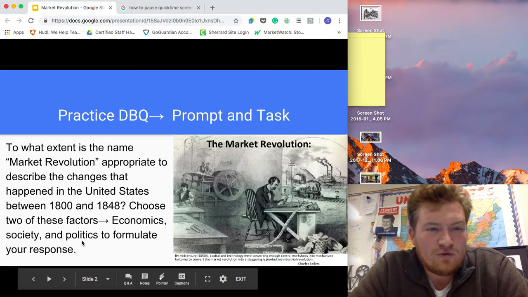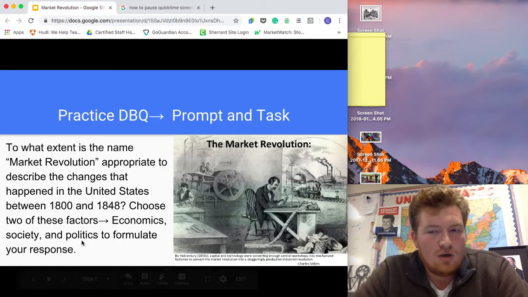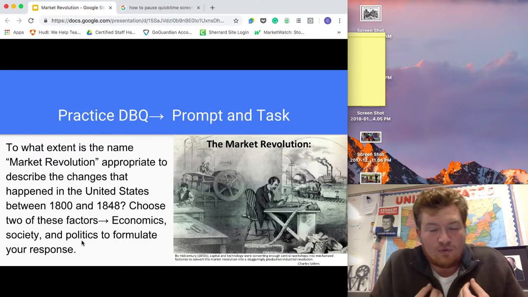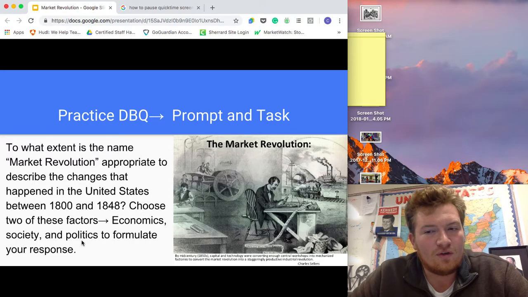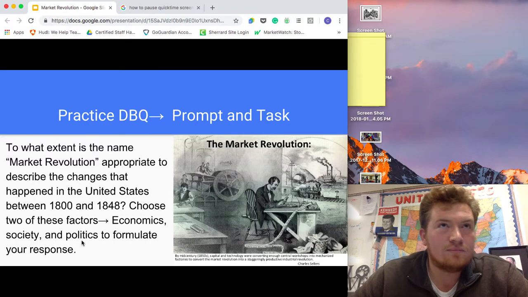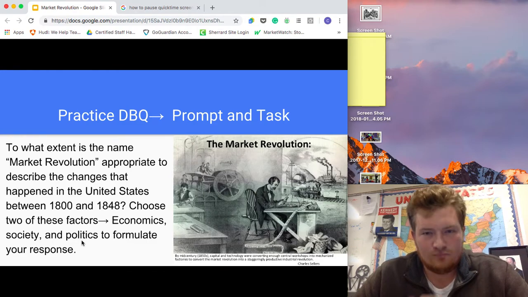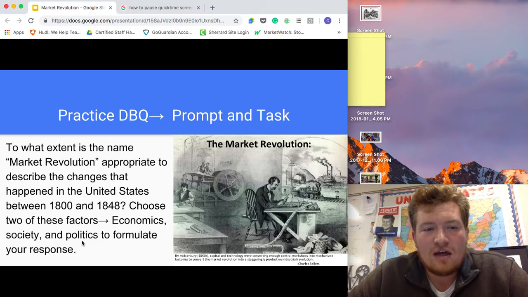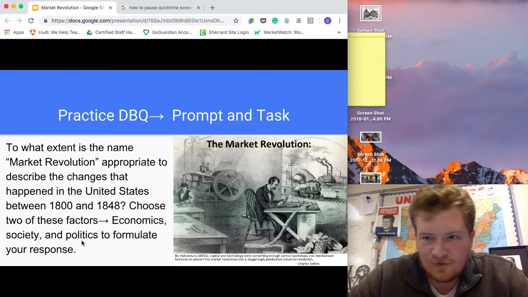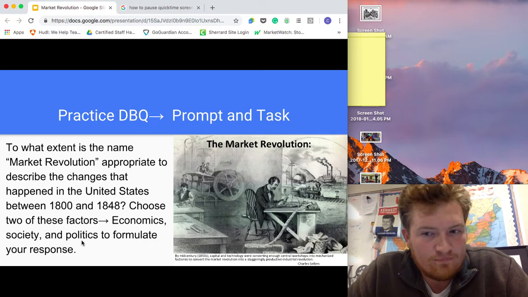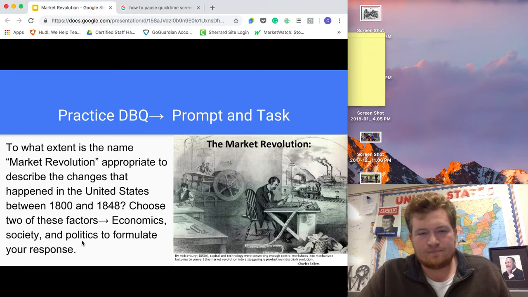Like I said, I also want you to think about the word market and revolution. Market is synonymous with an economic term, and economics, and personally in my class, I call it market, is a situation where you have interaction between buyers and sellers. Revolution, if you were to ask me to define this word in one sentence, I would say that it is upsetting society. What I mean by upsetting is that the way that people operate and the world that they live in is different. It's flipped upside down, or it has changed drastically. So think about those two words while you're going through the lecture.